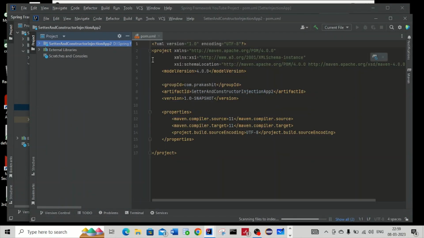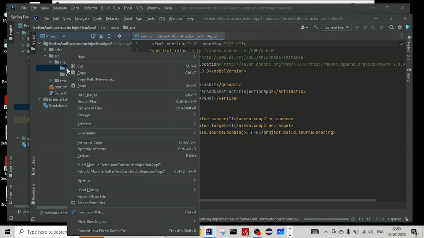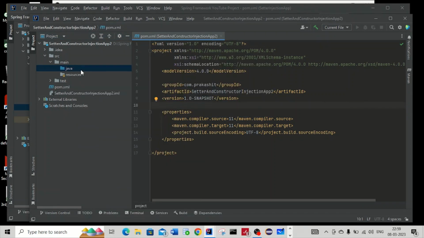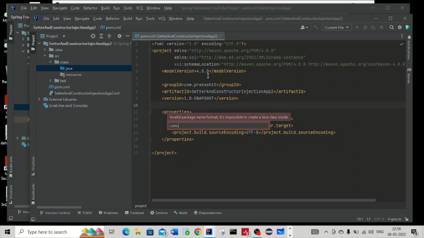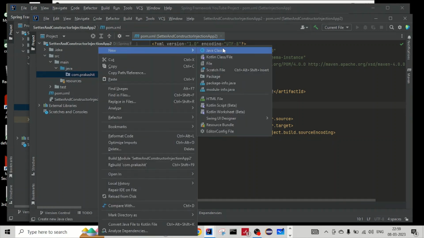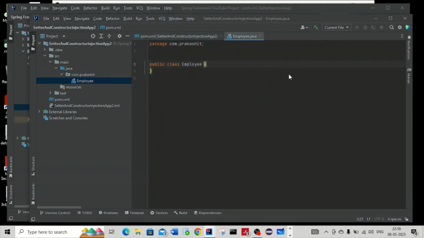So what I will do is create the code first. Let me create a new package, com.Prakash IT. Okay, hit finish. So let me create the Java class. The same employee class, we will take Employee. So in this employee class,